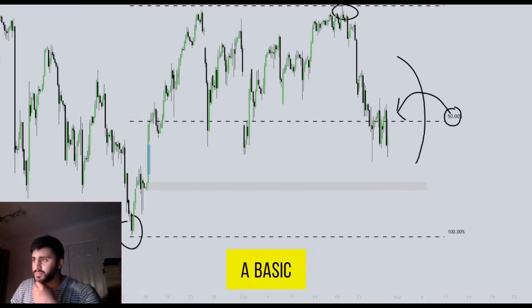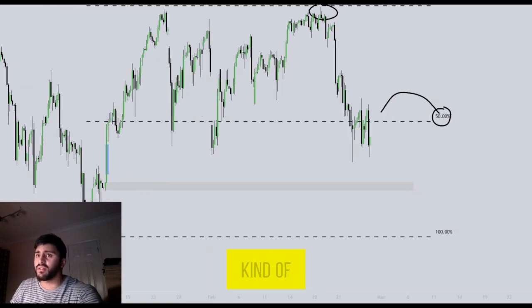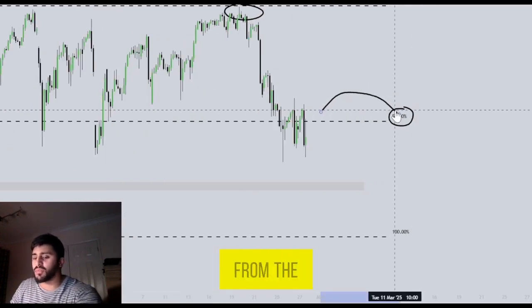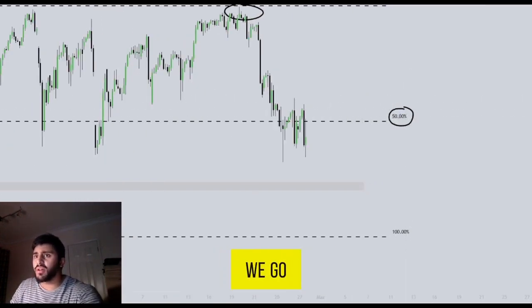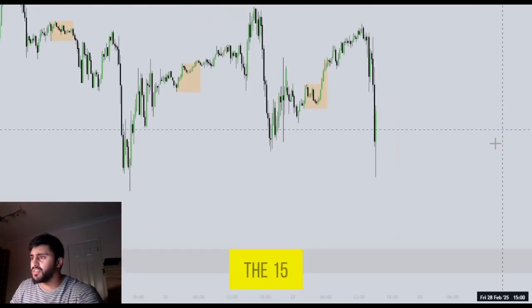This is a basic higher time frame kind of narrative that I use. This is my basic logic from the higher time frames. Now from here, when we go down to the 15-minute time frame, right? So the 15-minute time frame, of course,